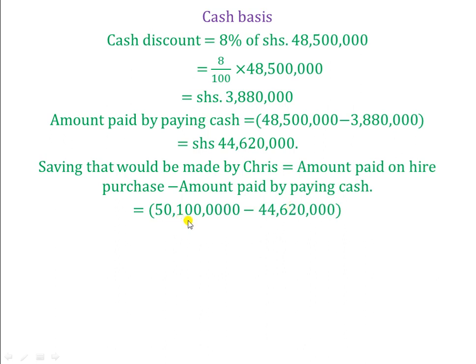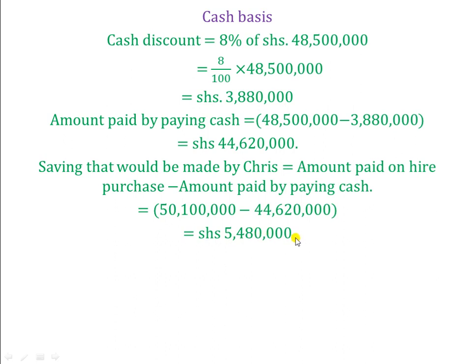It was 50 millions, yes, 100,000. But I think we also have an extra zero here. We could adjust this. So it is supposed to be 50 millions 100,000 minus 44 millions 620,000. When you subtract that correctly, you come up with shillings 5 millions